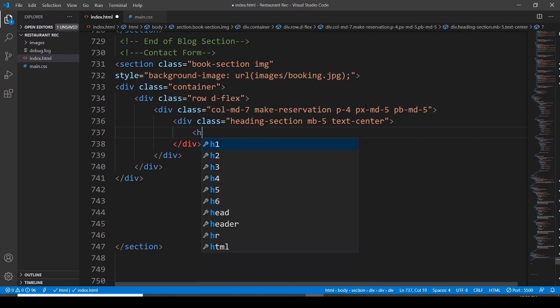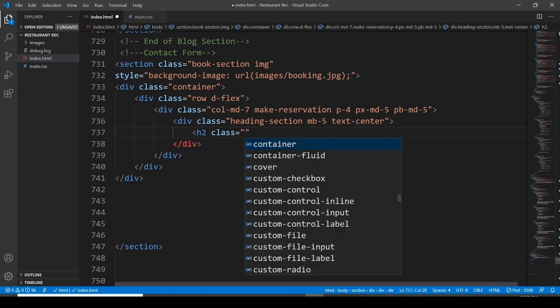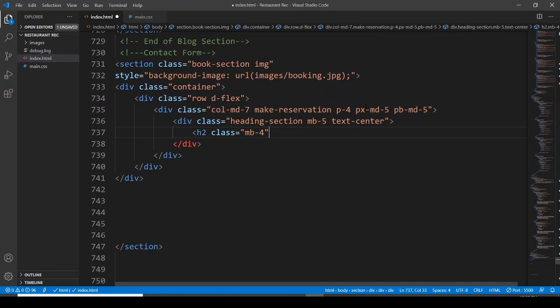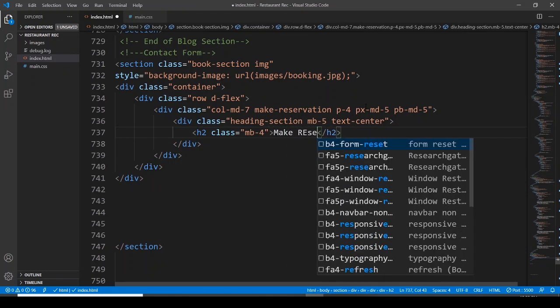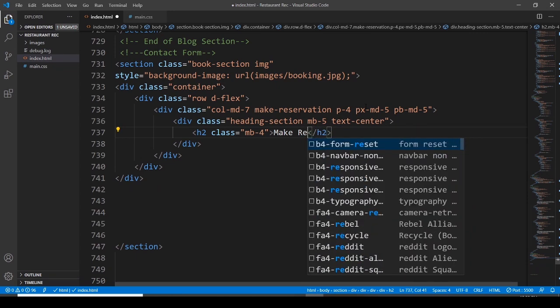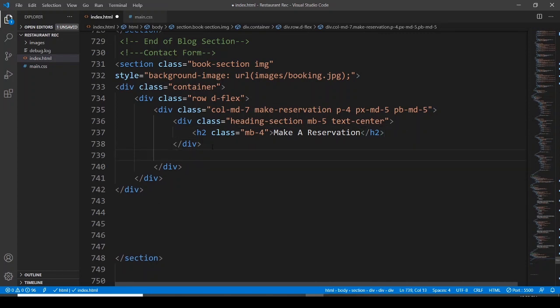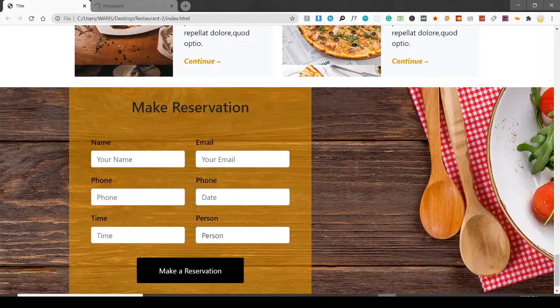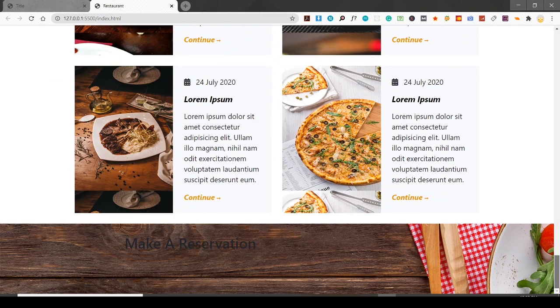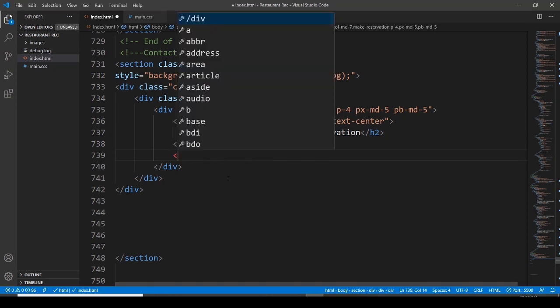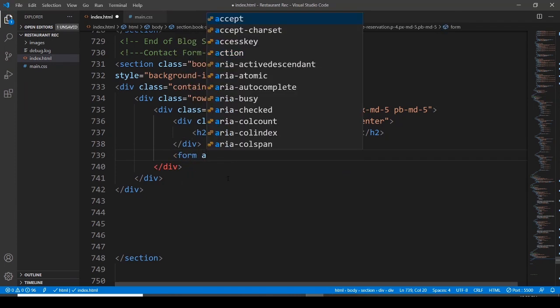and let's have a heading 2, assigning it a class, margin bottom 4, and let's write here make reservation. Let's save it, move on to the browser, and here we have, okay, so we do have make a reservation and the image. So then after this, let's have a form element,